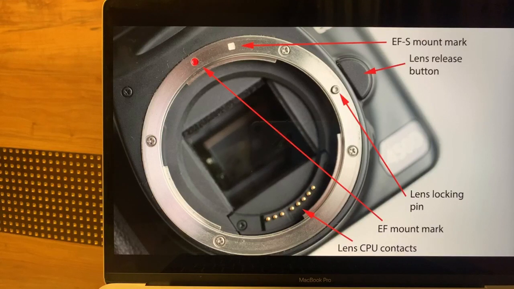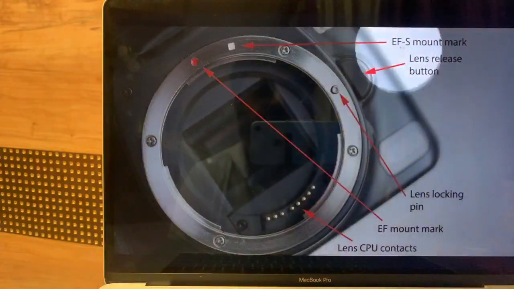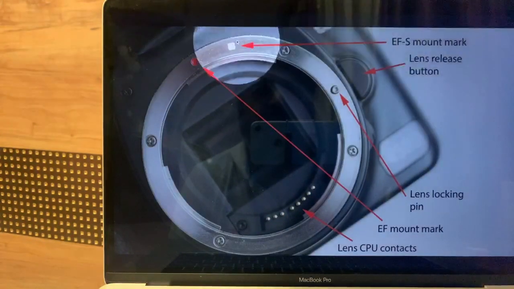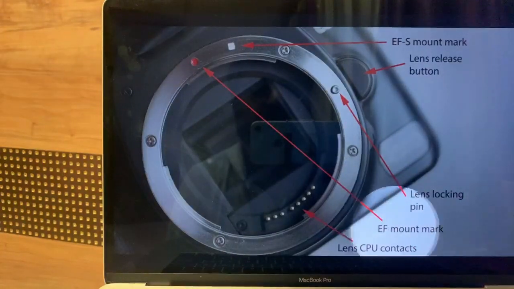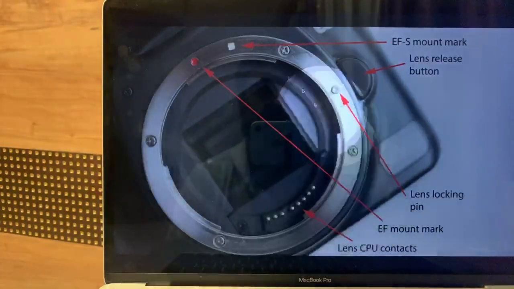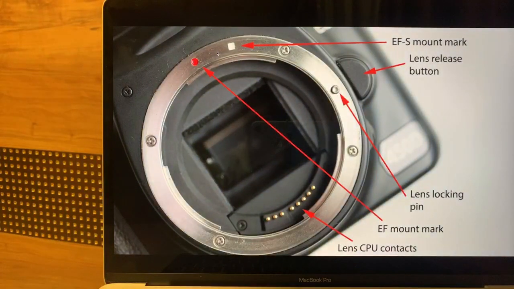I'm sure you all remember this slide. This is a camera which is an EFS mount in Canon, which is synonymous to a DX mount in Nikon. On this camera, you can mount EFS lens also, which is the white color square marking. And you can also put an EF lens that has an EF mount mark. So both the lenses will go in this, EF as well as EFS. Same thing happens in Nikon. If you have a crop sensor camera body, you can put a DX lens and you can also put an FX lens. I hope I'm clear with that.